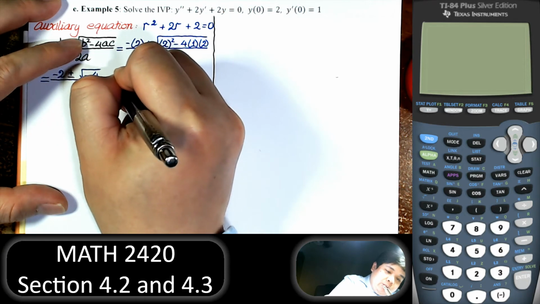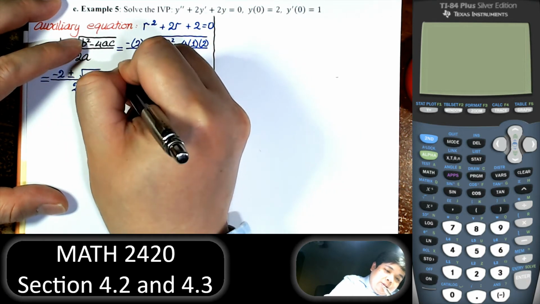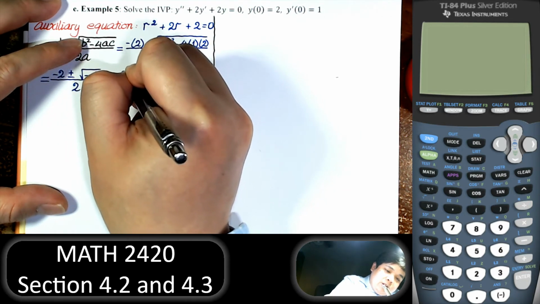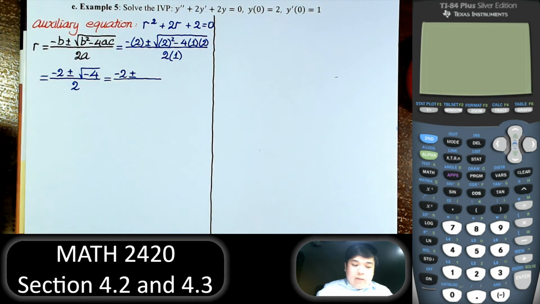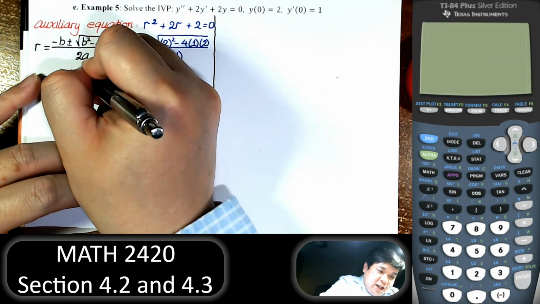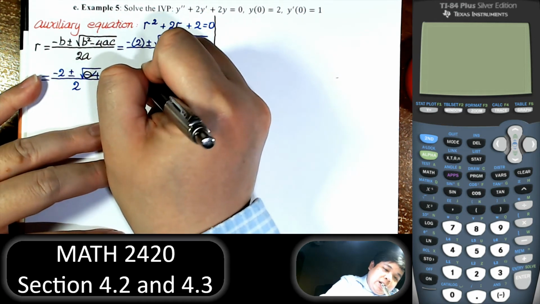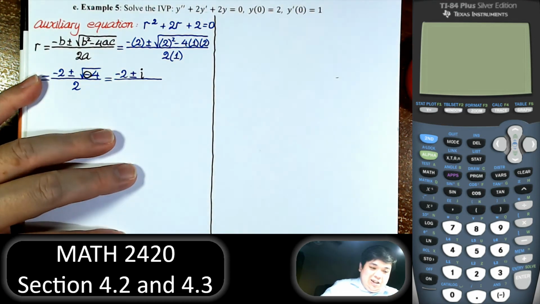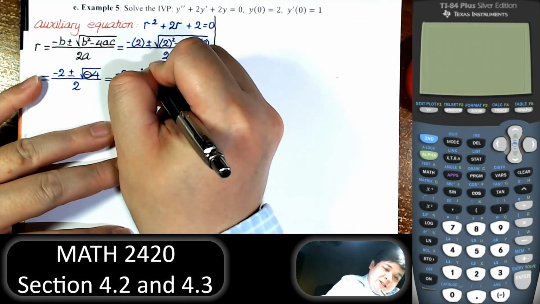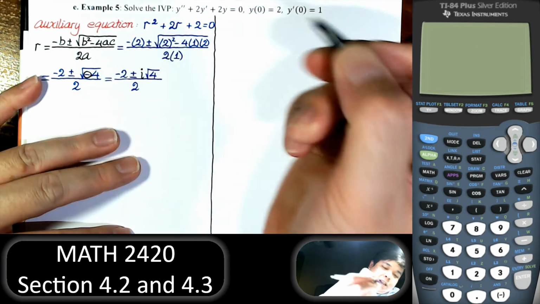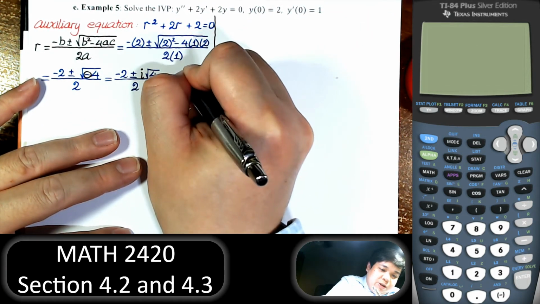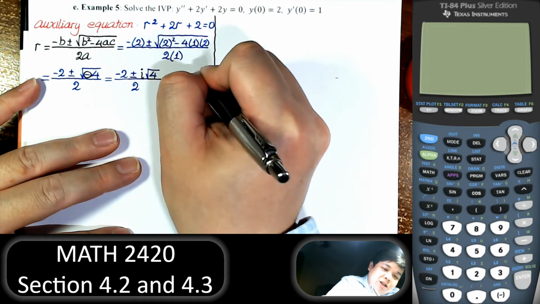So equal to negative 2 plus or minus. Once again, negative inside the square root, that is imaginary. So that gives us negative 2 plus or minus 2i